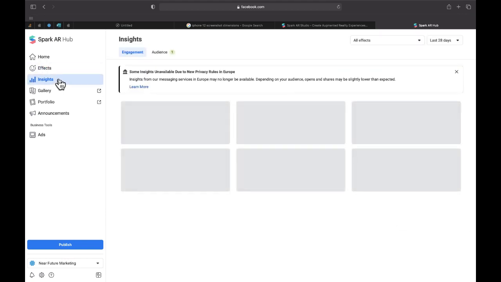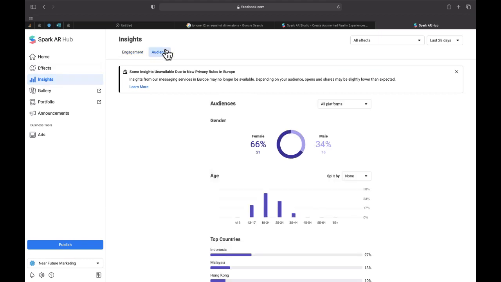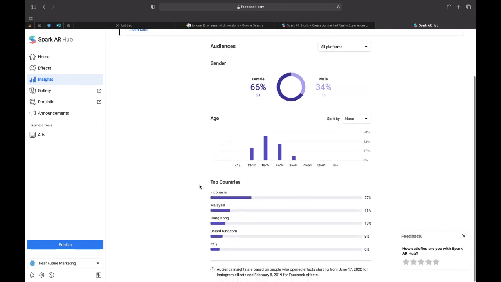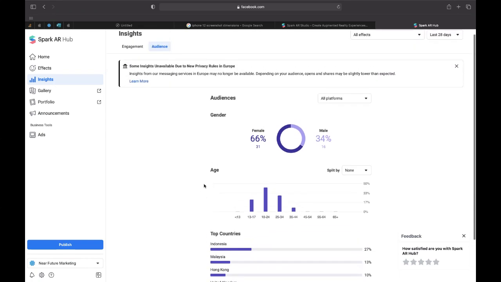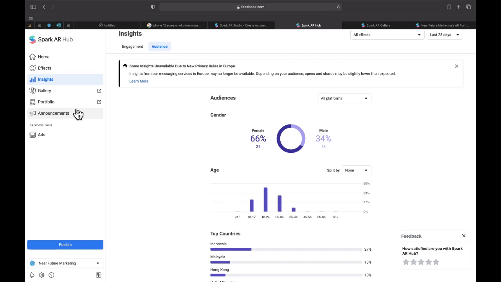So really, I just wanted to show you, you have your effects, you have insights, you have your audience, which changes. But Facebook has a lot of data on everything. So if you want to get an understanding of what's happening and who's interested in the things that you're creating, I think Facebook and Instagram are a great way to really get an understanding of what's happening with your experiences. And also just to get them in people's hands, because it's already in Instagram. So if you create an experience for Instagram and they have Instagram already, they don't have to download your app. They just have to locate your filter.